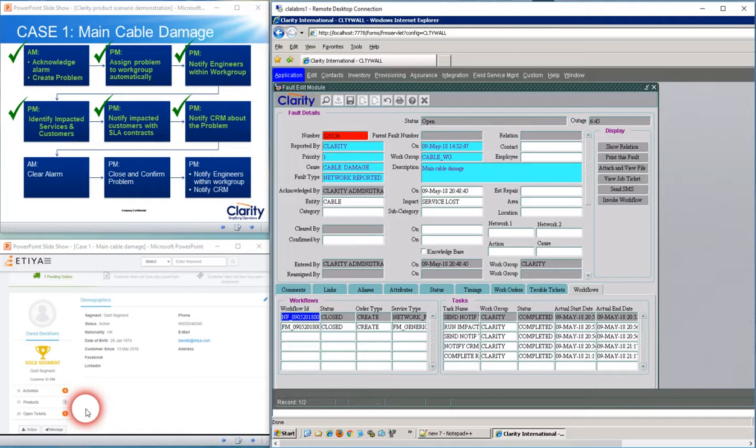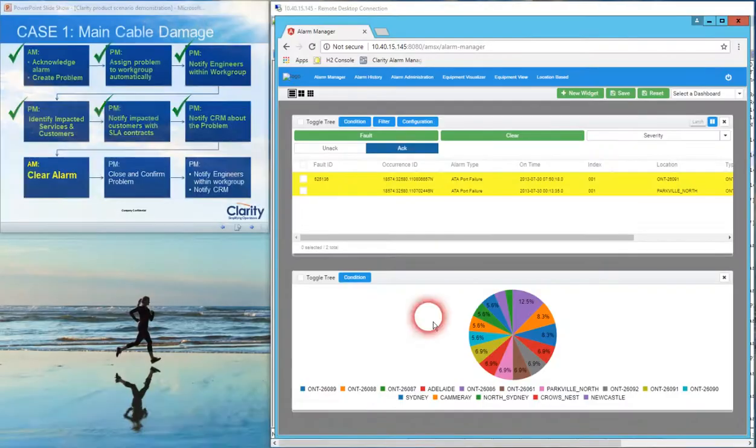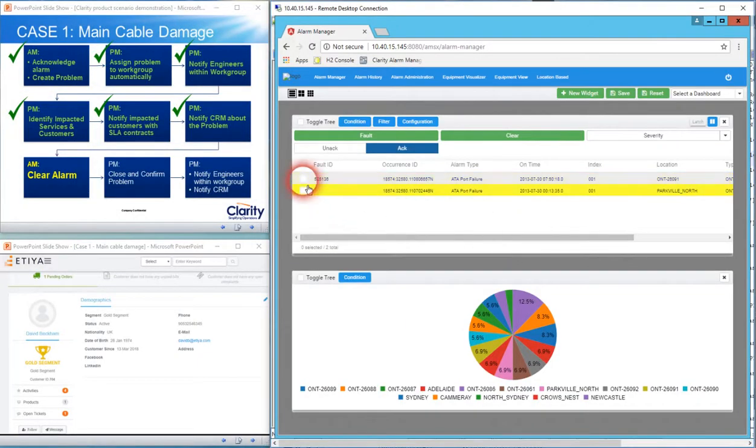So in the next step, once we know that the problem has been solved by engineers, we will switch to the alarm manager in Clarity, to show you that the problem has been solved, and the alarm will be cleared manually by us. Usually it's cleared automatically from the network in a real life scenario, and it would be done automatically. But for demonstration purposes, we will clear it manually. So we will select the